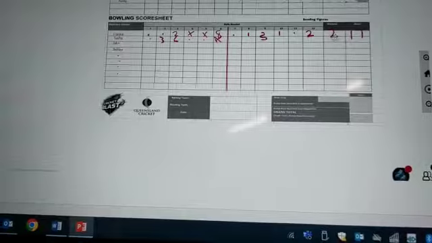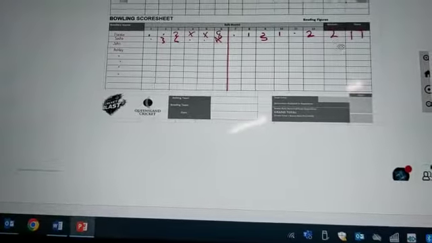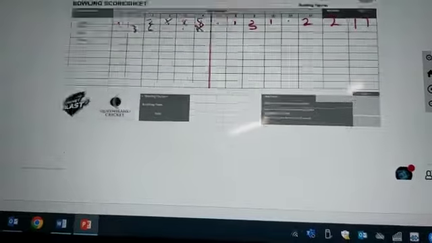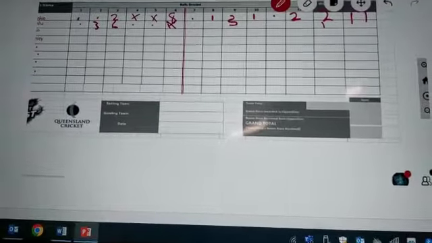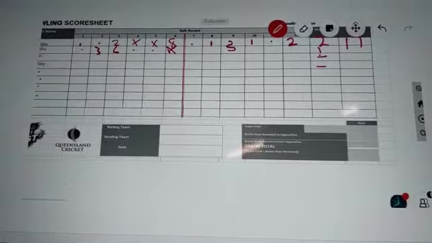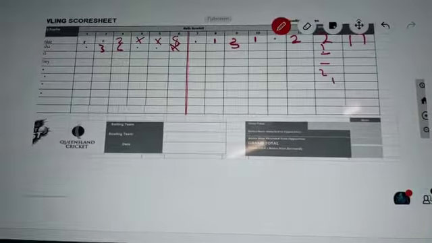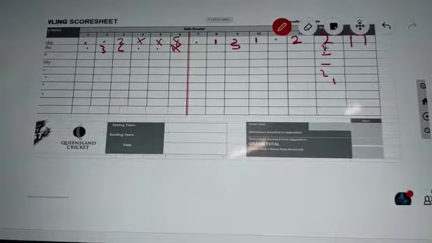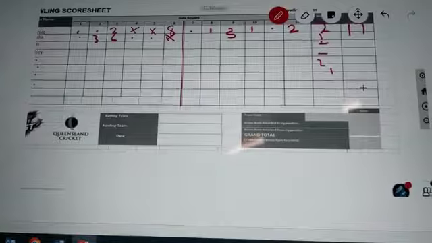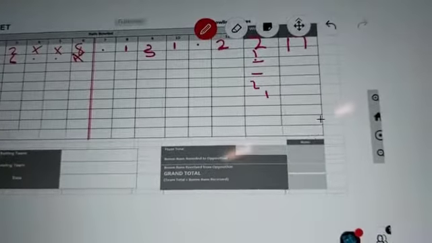So these 2 wickets, each wicket is worth a bonus 5 runs for your team when they're bowling. So down here, let's say this person gets 1 wicket, no wickets there, 2 wickets, 1 wicket, and they're your bowlers. You've got 2, 3, 4, 5, 6, and at the end of the game, because you've taken 6 wickets, you get 5 runs every wicket. So 6 times 5 is 30 runs,